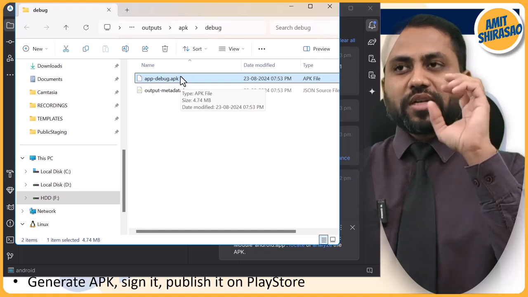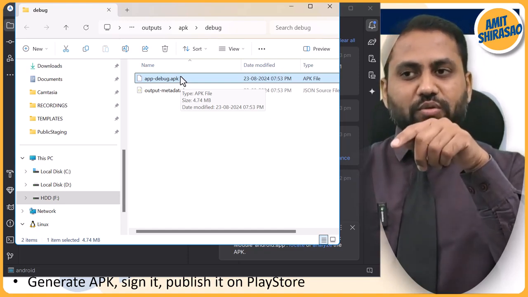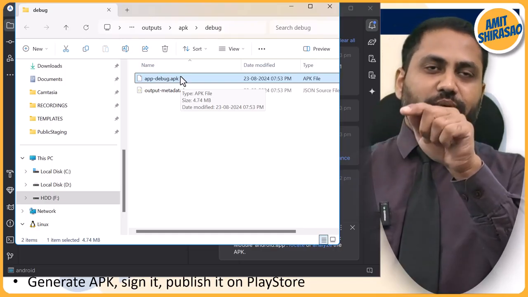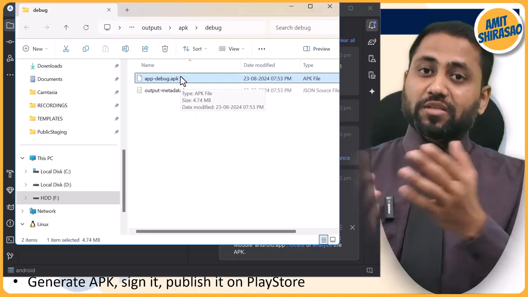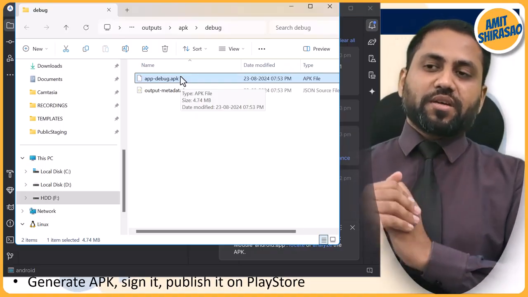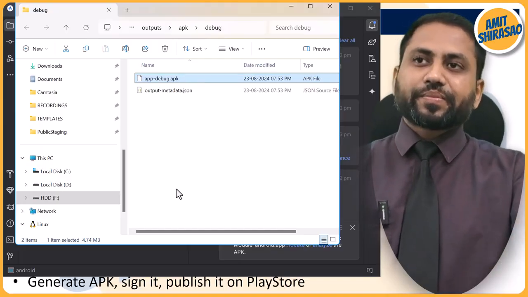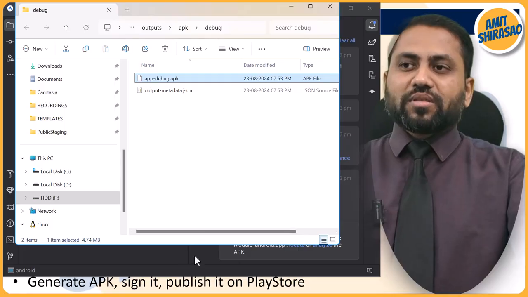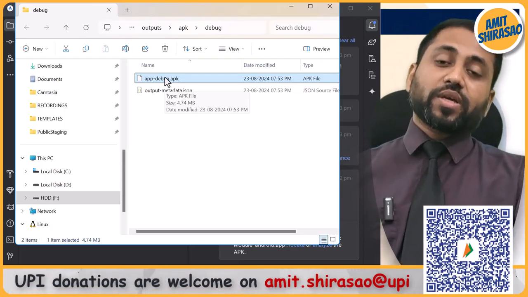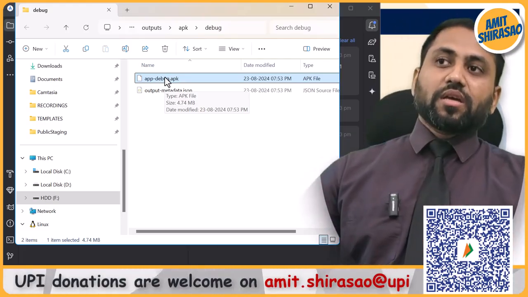Debug enabled means you can debug this particular APK. That means you can put console outs inside it. So whenever you click the button, it will maybe console out a few things so that you can debug this APK. That thing is given over here, and that's why its size increases. Now that was a simple APK. You can just copy this onto your system and you can install it and it will work. Okay,